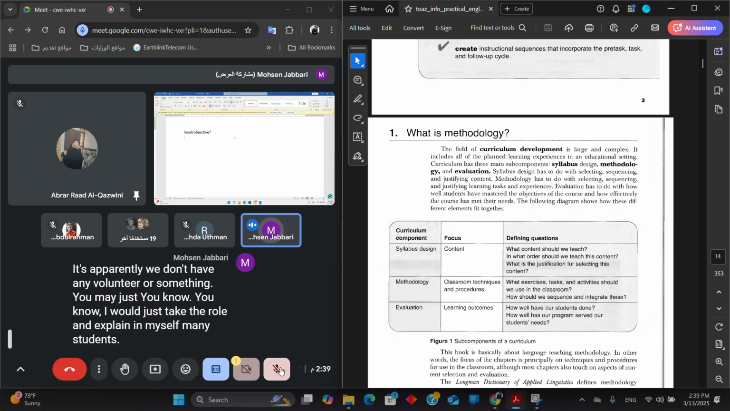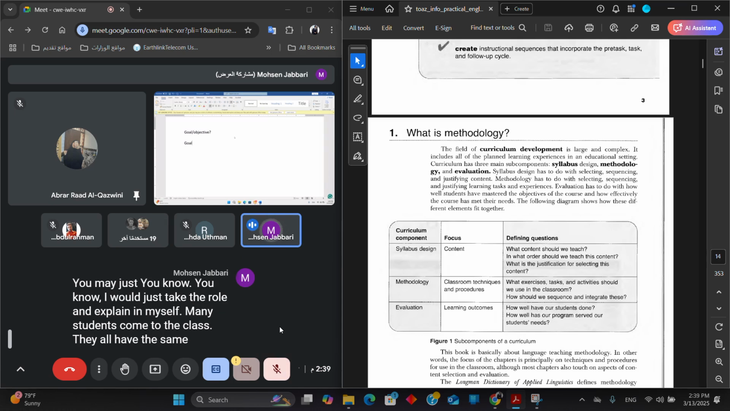When students come to the class, they all have the same goal, for example, learning a language. To learn a language, they need to be familiar with a couple of objectives. For example, at the beginning of a book, it is written, by the end of this chapter, students should master, for example,